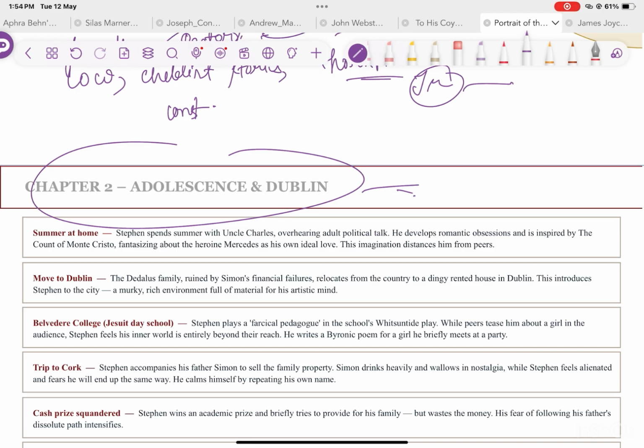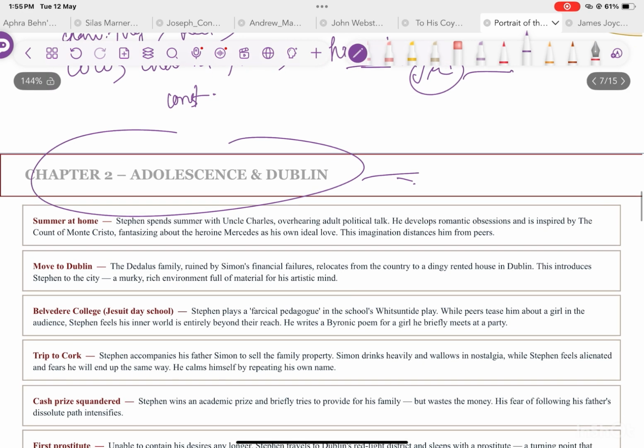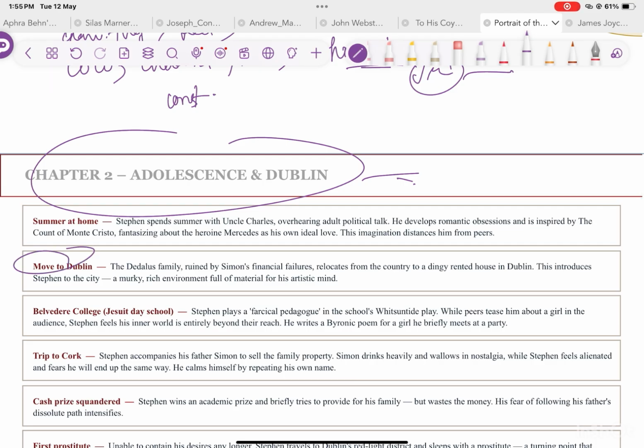So literature becomes Stephen's imagination and escape from reality, and artistic imagination increasingly separates Stephen from the others. And the Dedalus family moves to Dublin. The Dedalus family is ruined by Simon's financial failures,